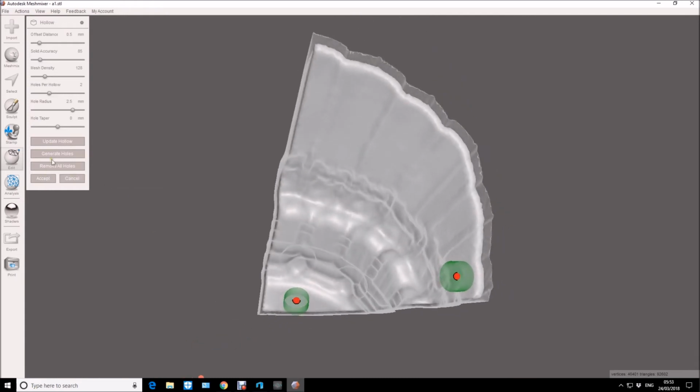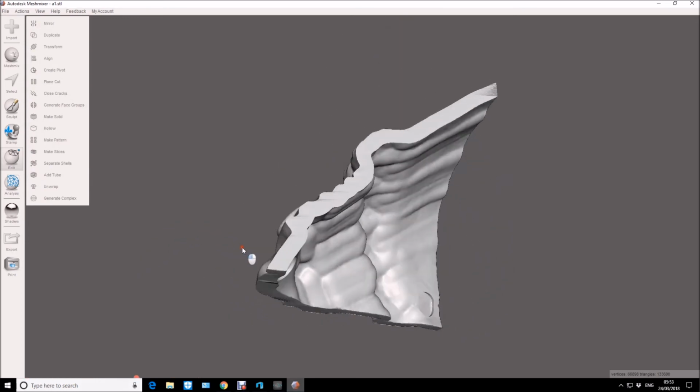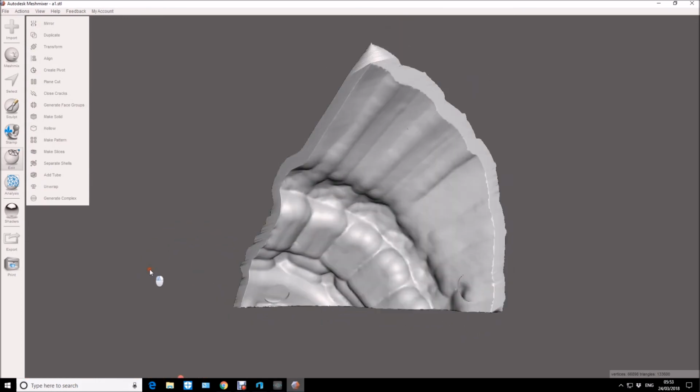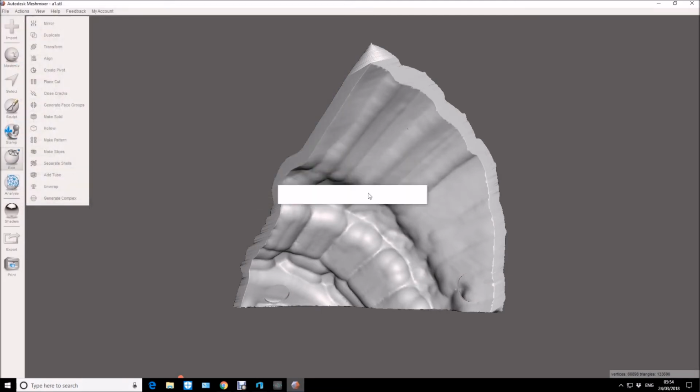I'm putting 2 holes, 1 on each side for most of the models, just helps. And there you go, that one looks a lot better now. You know, every bit of resin saved is a bit of extra cash in your pocket for more resin. So we'll save that out as an STL, and then we'll run through with all the parts,